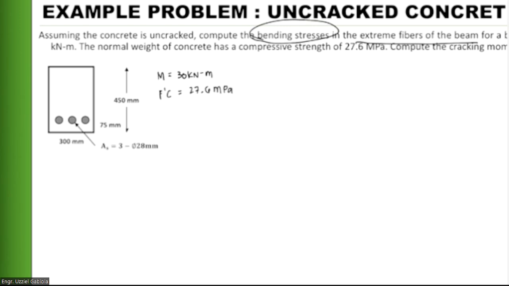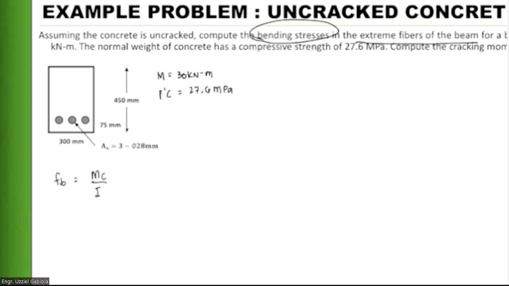So when talking about bending stress, we have a formula for bending stress, which is Mc over I, wherein c represents the distance from the neutral axis to the extreme fiber, I is the inertia, and M is for moment. Okay, so if it's uncracked, it means, based on our previous definition, that the concrete is working as a whole. So if our shape is a rectangular section,